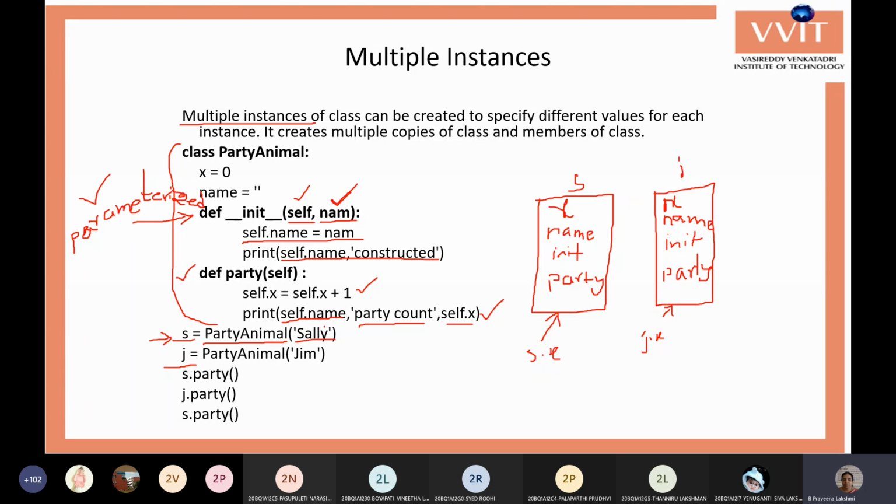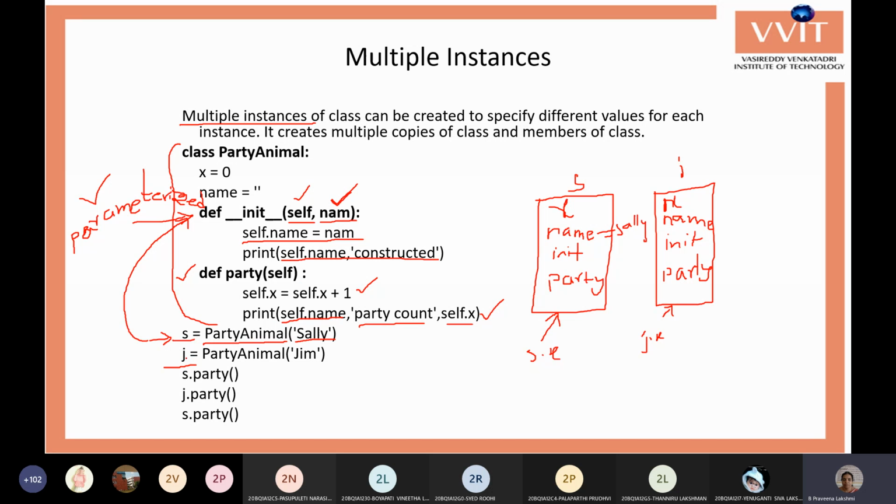We give a value within single quotes: Sally. This Sally is assigned to the NAM variable, and that is assigned to the name variable of the class. So in this copy, you have the name Sally.